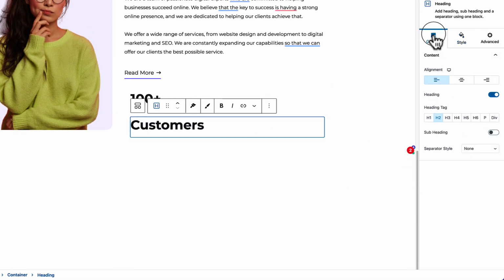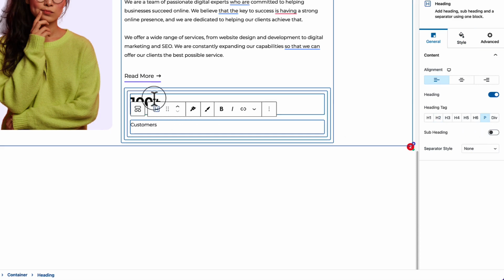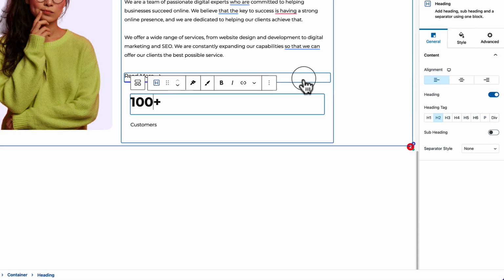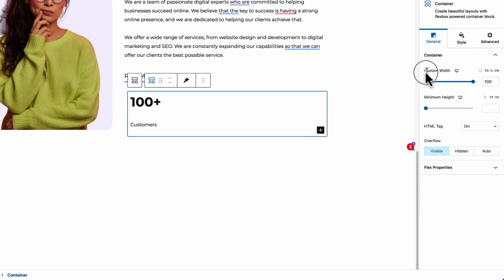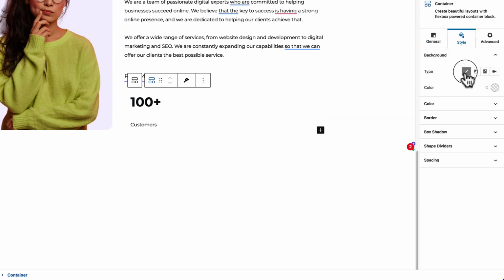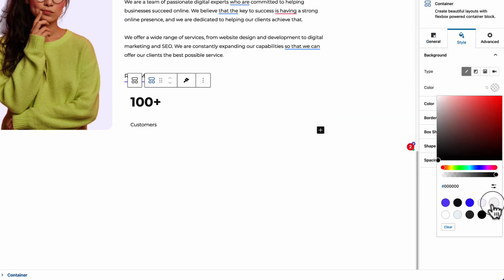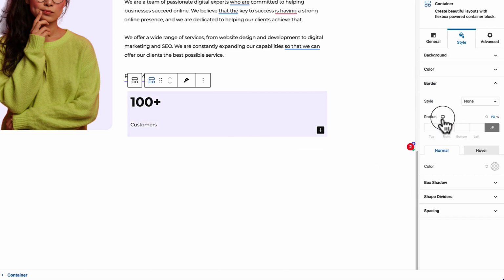Customers, and go to general, change to P, and add a background color inside this container. Go to style, color, and change it to a light color. And also change the border radius to 10 pixel, and then